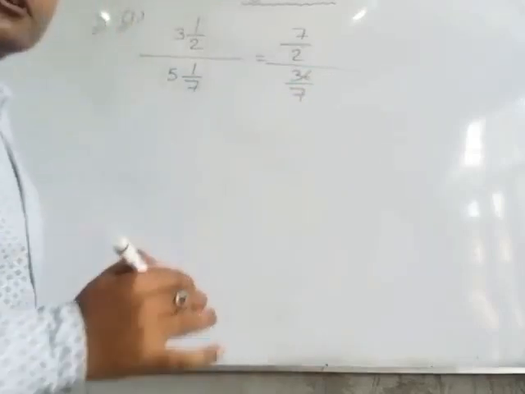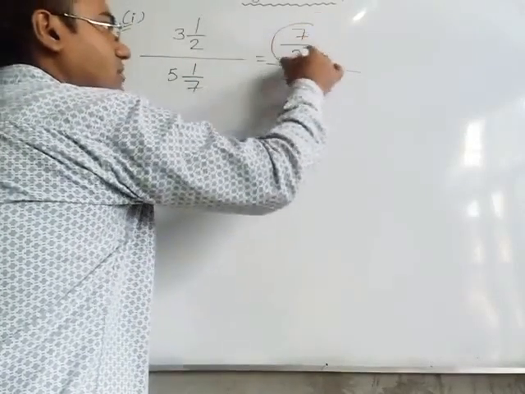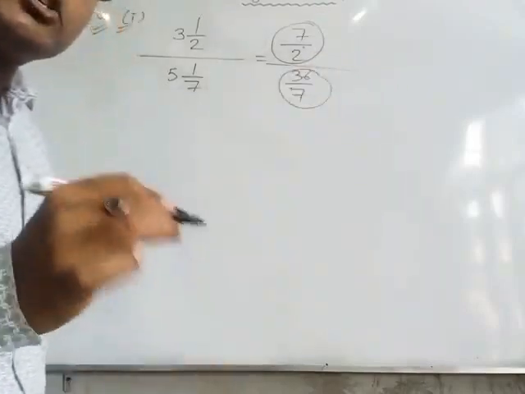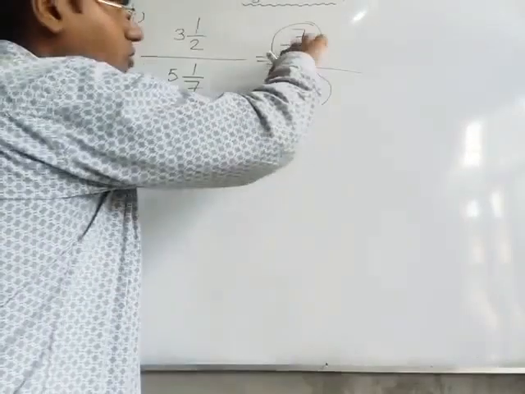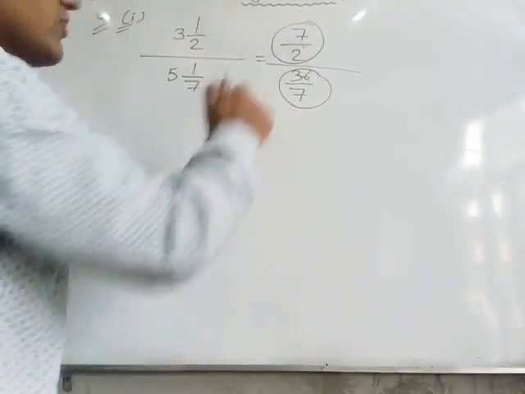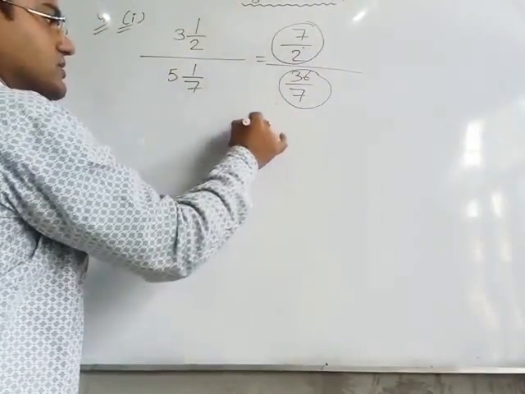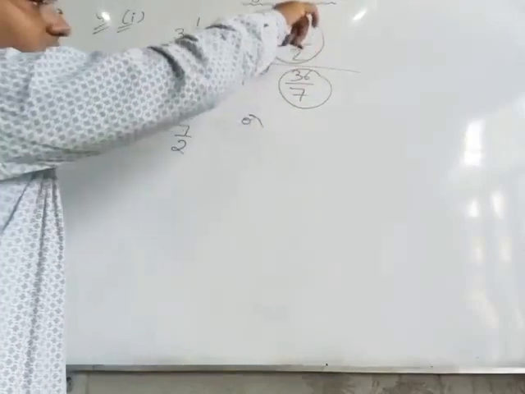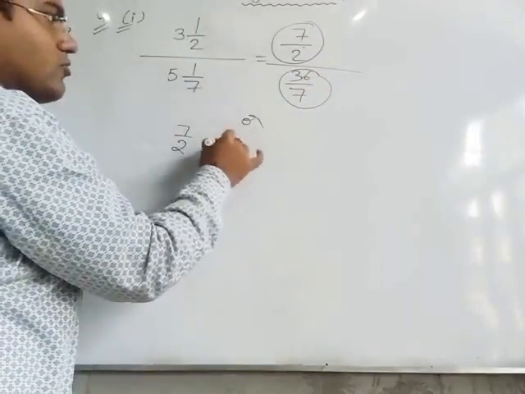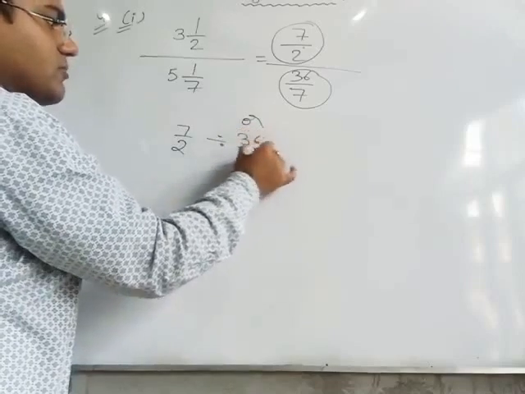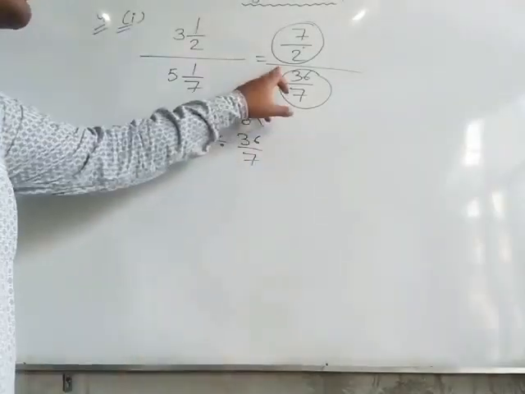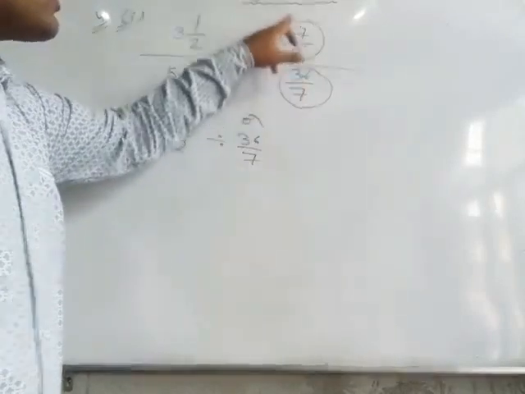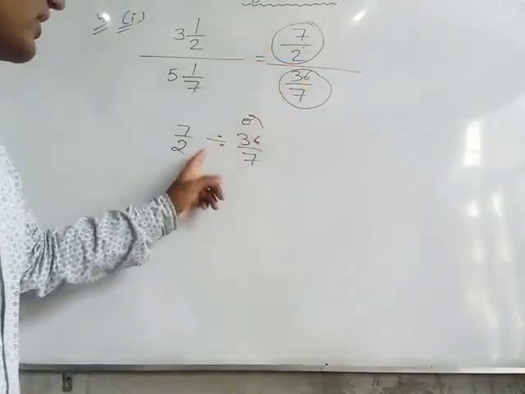So here you will observe two fractions are coming, and between both, upon is coming. Upon means divide. So between the two fractions a divide sign is coming. So we can write this term as it is, like this. Another way to write this term is 7 upon 2 divided by 36 upon 7. This upon represents divide only. So this format we can change and write like this also.